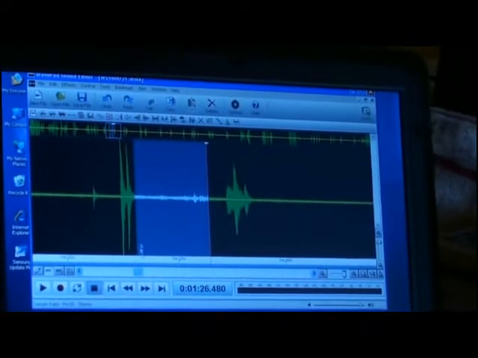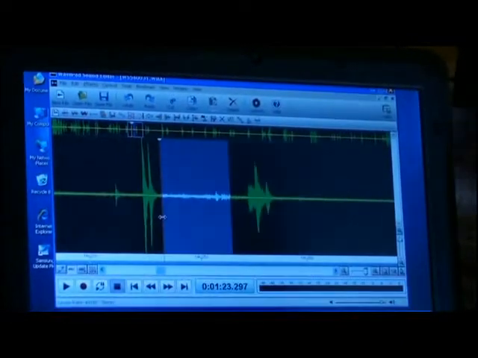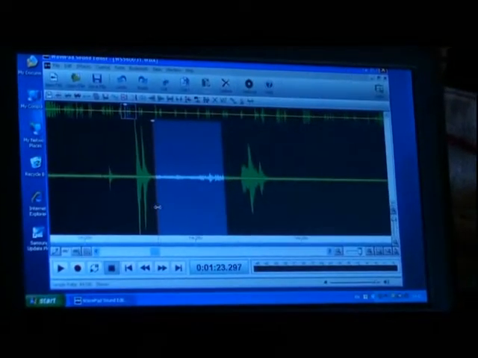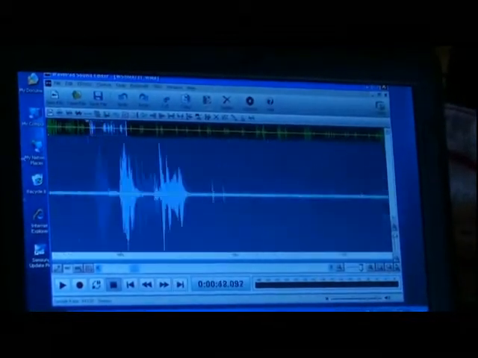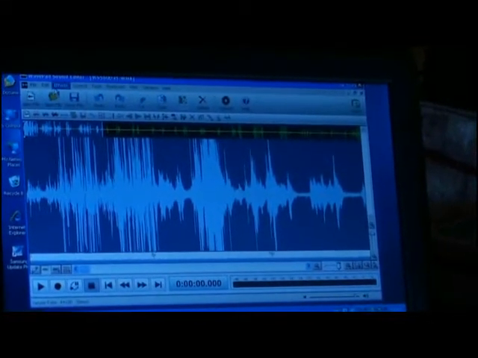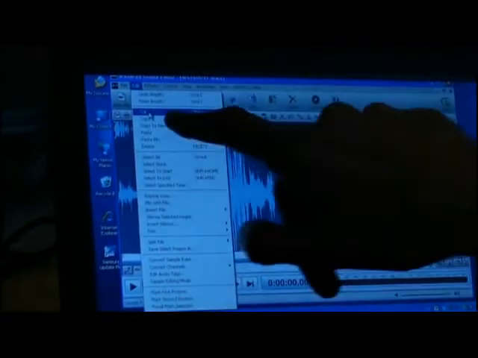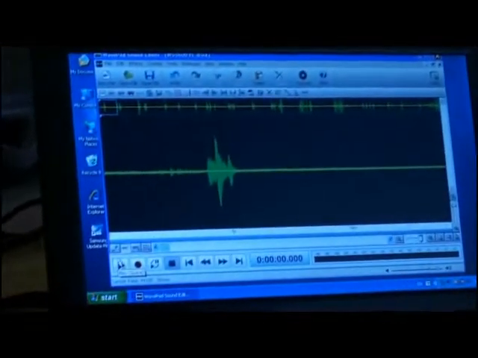Okay, so what I'm going to do now is isolate this EVP. And what I mean by that is taking away all the section before that and after it, so you've just got this one piece of sound file. Now, to do that, you click just before it and drag the cursor so it takes all this area here away. You come up to here on Edit, and from the pop-up window you select Cut, which you click on, and that removes all the sound file before that. Now what you want to do is play it again